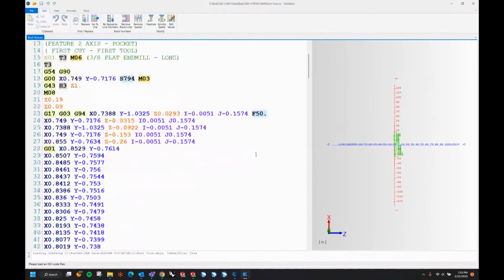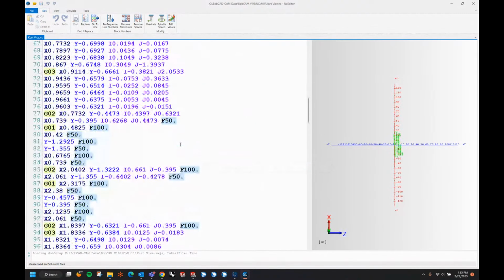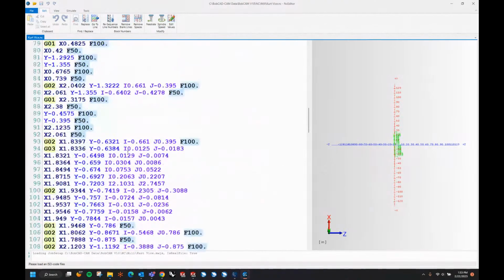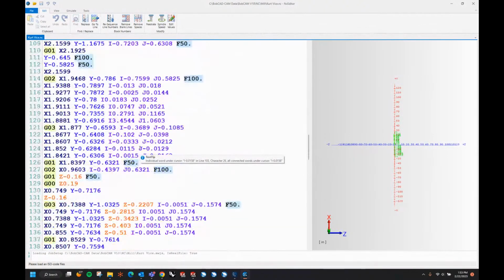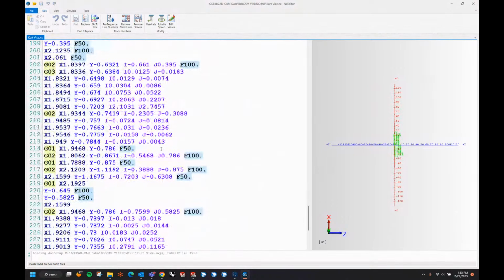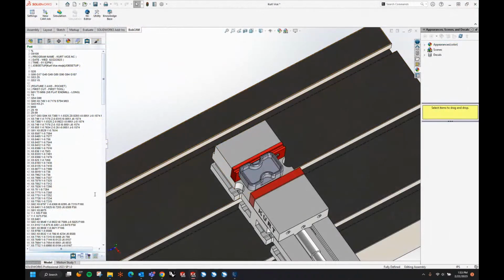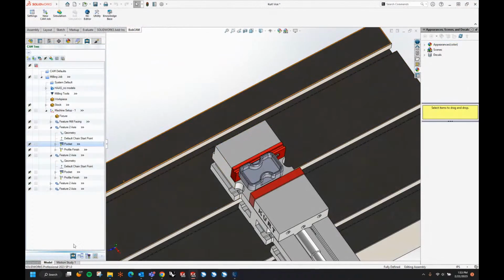So you can see it's entering at 50. When it gets down to depth, it goes to 100. Now this one may not scale much because it is just taking that little 10% step over. So I may have to adjust that for it to really give you an idea. But that one actually was pretty consistent. Really wasn't a lot of variation to that. Now, if we look at the other one,